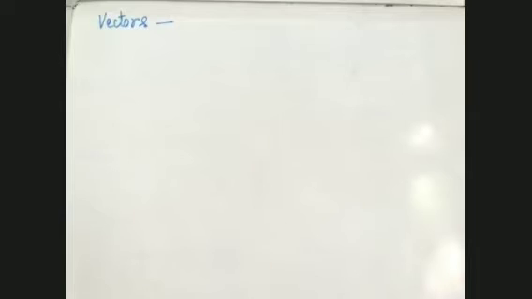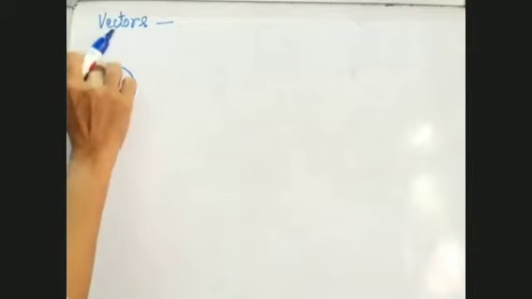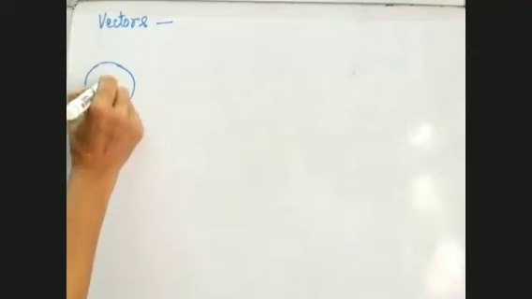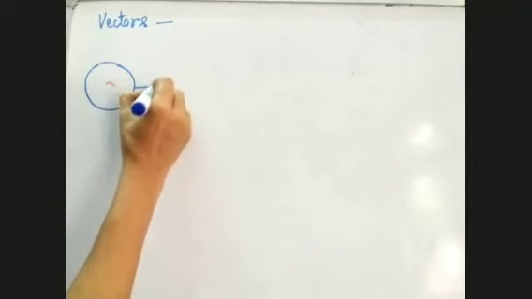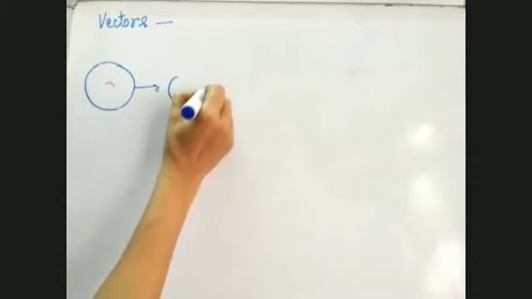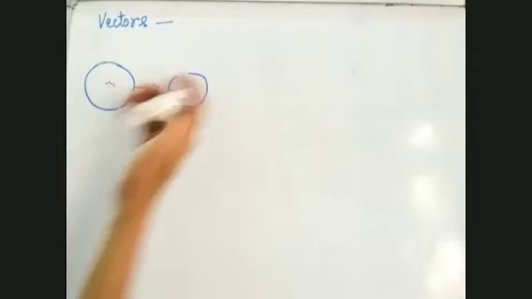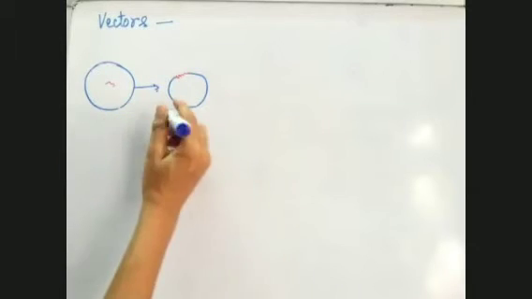What is done during the process? We want a desired gene, suppose, and this is the desired gene which is present in one of the cells. From this cell, we want this desired gene. This is the desired gene which is present here. So this desired gene is taken out and inserted in a vector, which is a plasmid. And then what do we get? This is a recombinant DNA which is formed. We call it recombinant DNA.